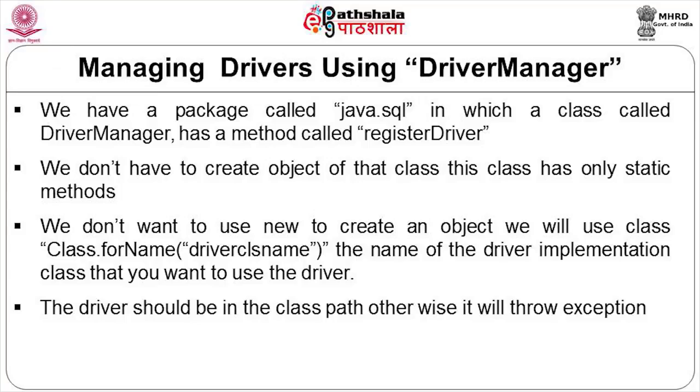So we use just one step. We don't even create the object of the driver and register it with the DriverManager ourselves. That can be done just because you load the class. This happens because the driver implementations do this for us. So yes, step one,